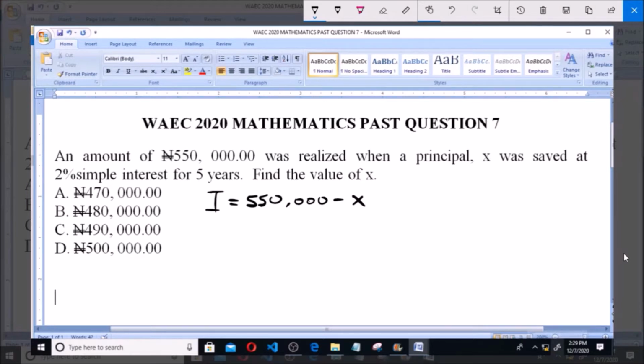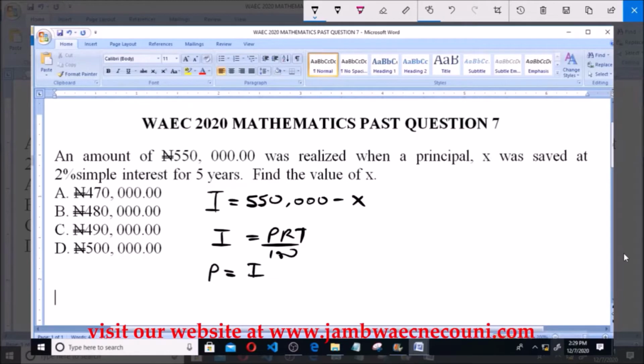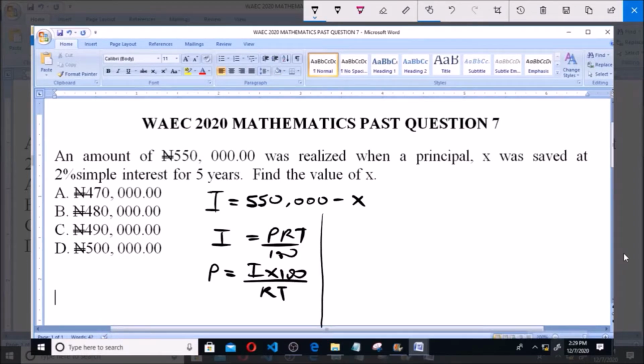So we can now say that since I, which is simple interest, is equal to PRT all over 100, that is principal times rate times time over 100, we can now say that P, which is the principal amount, is equal to I, the simple interest, multiplied by 100 all over RT. Since we know that the principal amount is X, and that's what I'm looking for, X is equal to I, and I is